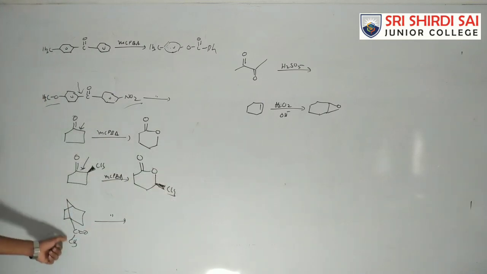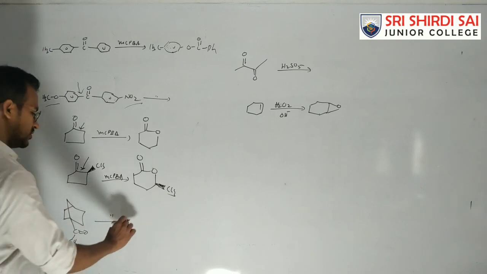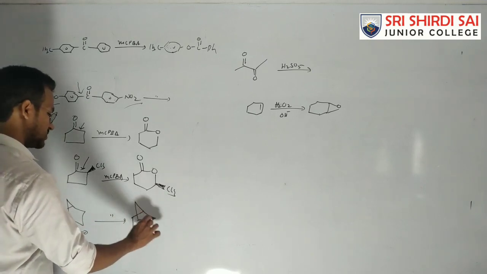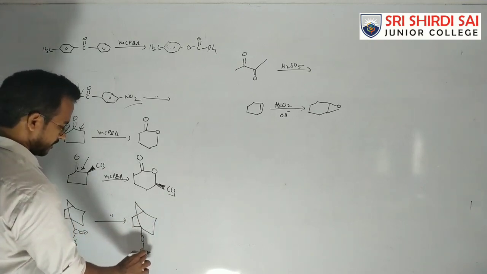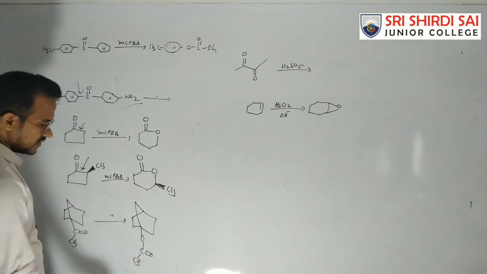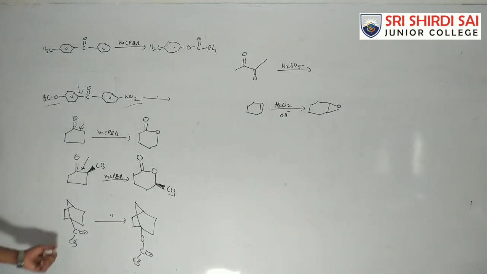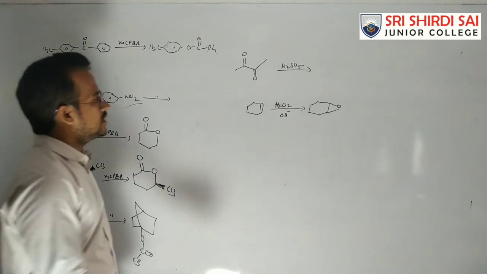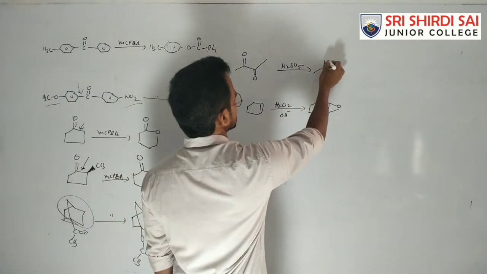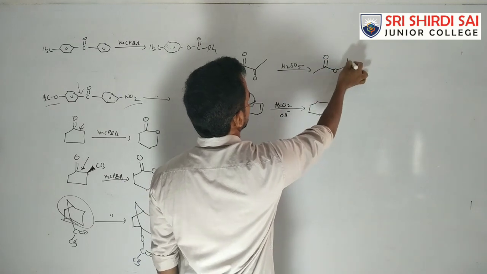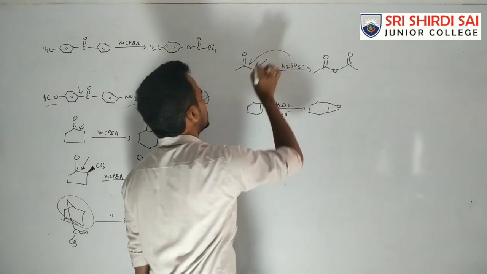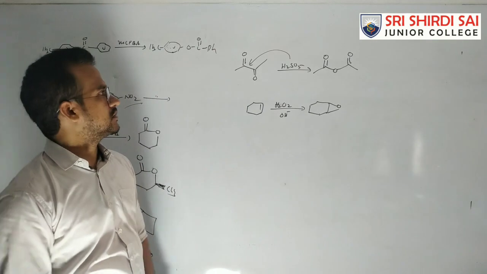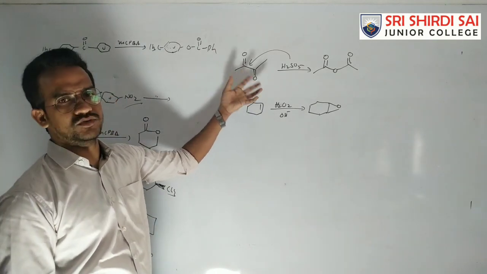In this case, there is a methyl and there is a tertiary alkyl group. So here insertion of oxygen takes place between the bridged carbon and CO. This group is the migrating group in this reaction. Now it is a diketone. In the case of a diketone, anhydrides are formed, with insertion of oxygen between these two. Because either group can migrate, we get the anhydride.